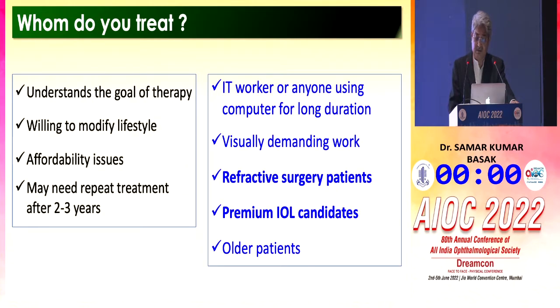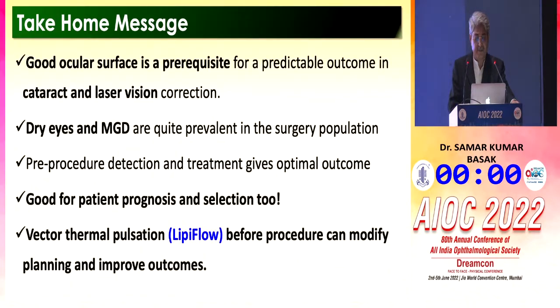Those who understand the goal of therapy and are willing to modify their lifestyle. This is one part of the tension. Willingness to modify lifestyle is very important. The affordability issue is there. It may need repeat treatment every 2 to 3 years. So the most suitable candidate is an IT worker or someone using a computer for a long duration, with visually demanding work. Refractive surgery patients, premium patients and older patients who actually have obstructive MGD, blocked or dropout glands. So the take-home message is that a good ocular surface is a prerequisite for predictable outcome in cataract and laser